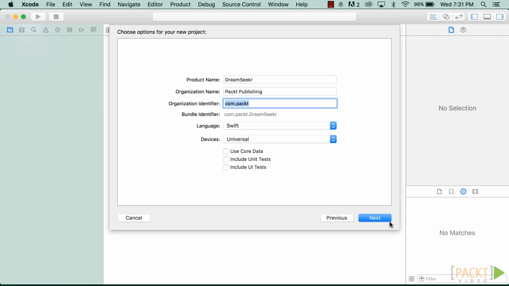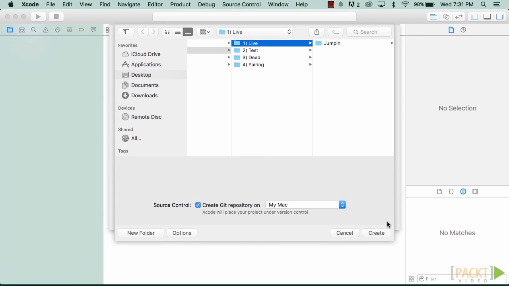Once I select Next, I'm given the choice of where to save this. So here, I'm going to select Desktop, but you can choose to put this anywhere you want, such as within a development folder. At this stage, we also get the chance to use Git. Git is a version control system that allows you to save the differences in your code as you're coding. I've chosen to leave this in at this point, but you can unclick this if you don't want to use Git as your version control system. Once I click Create, Xcode then generates the project and all the initial files to begin programming. Now that we've created our project,